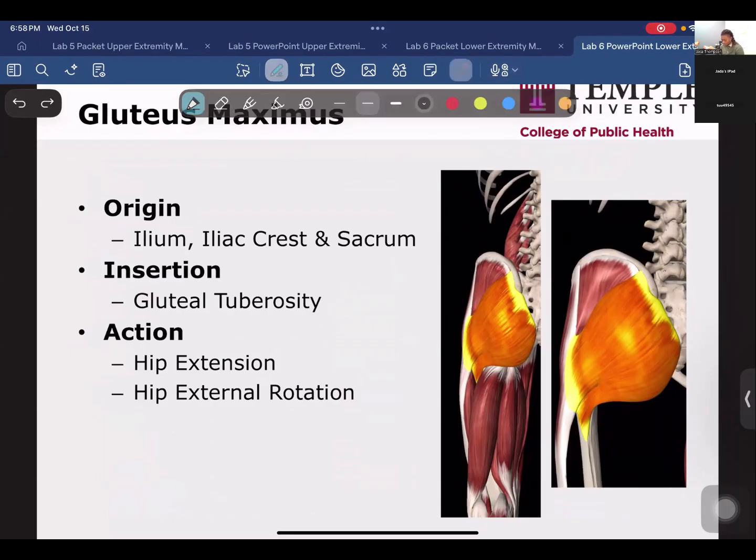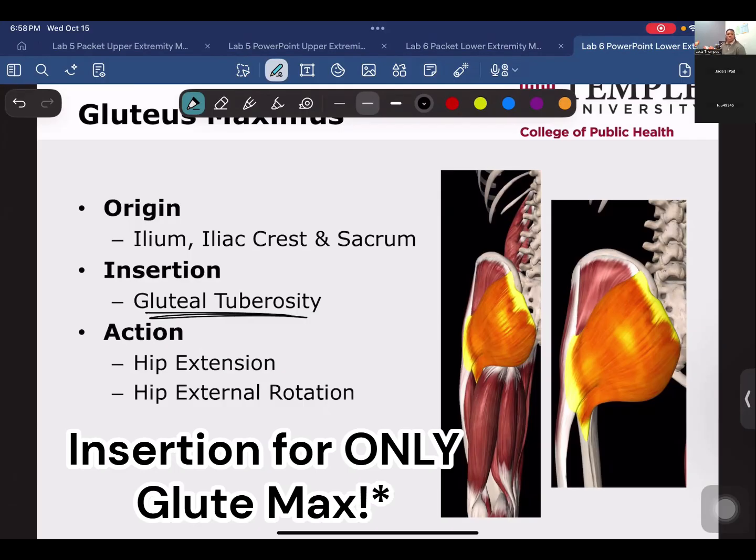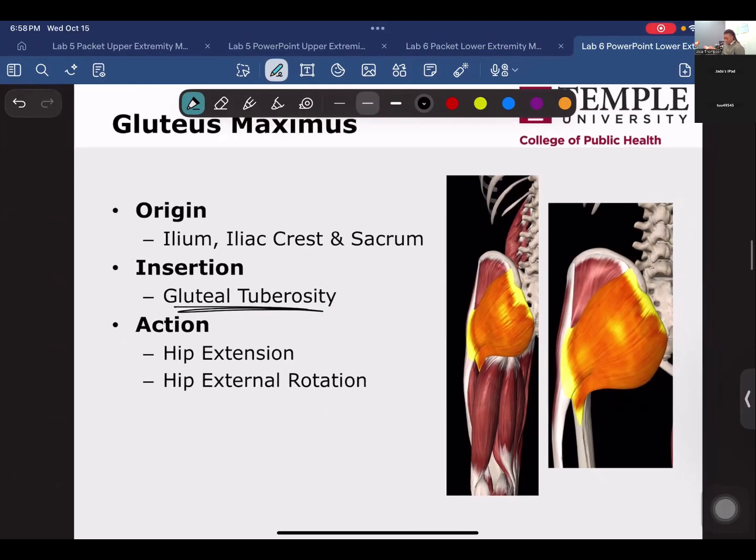Yeah, I can see how that's touching our iliac crest there. It's touching our sacrum here, and then it's also touching our ilium inside. Insertion is going to be at the gluteal tuberosity. Just like we had our bony landmark on our humerus named the deltoid tuberosity, we're going to have a bony landmark on our femur named the gluteal tuberosity, which is going to be the insertion for all of our glute muscles. Now this action